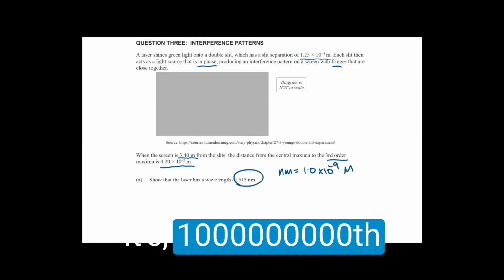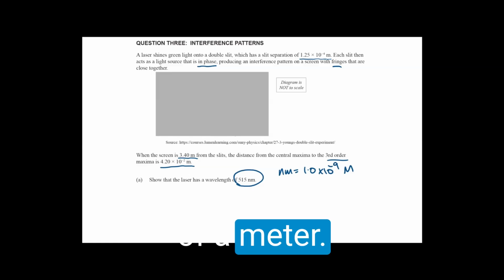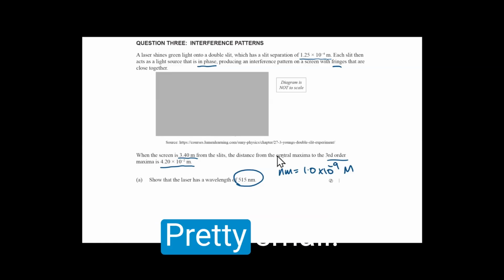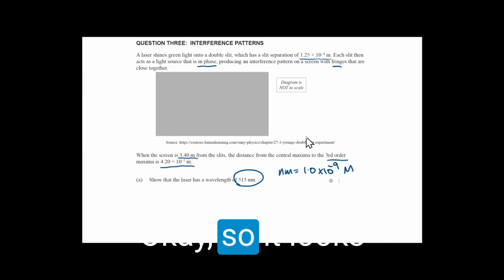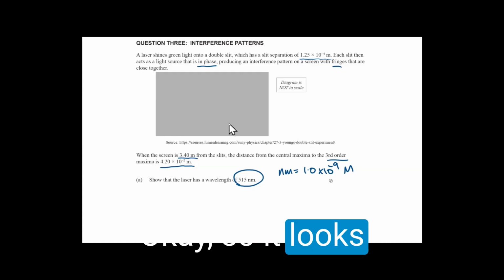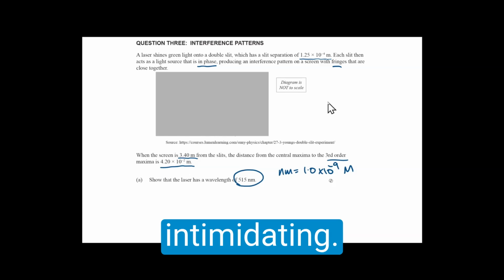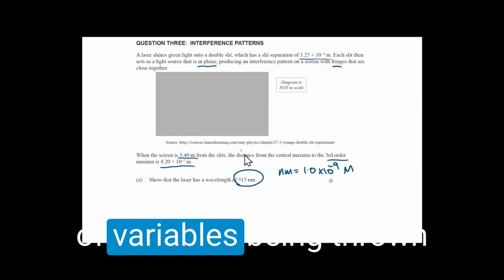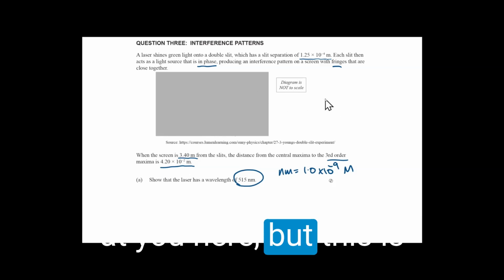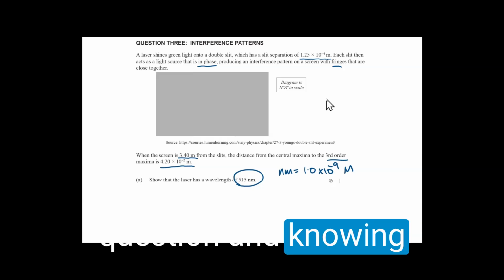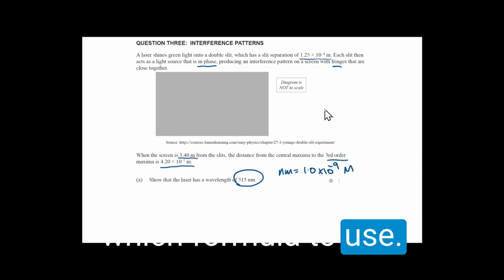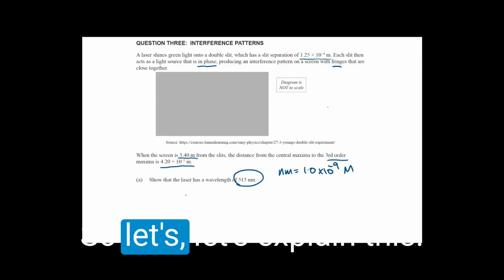It's 1/1000th of a meter. Pretty small. Okay, so it looks intimidating. There's all sorts of variables being thrown at you here, but this is really just an algebra question and knowing which formula to use. So let's